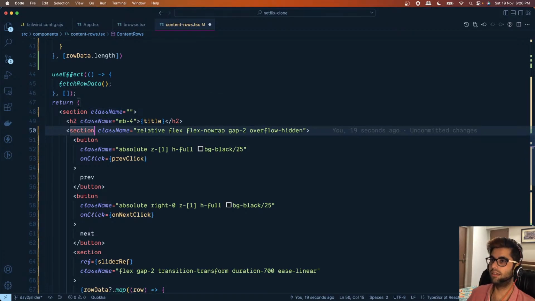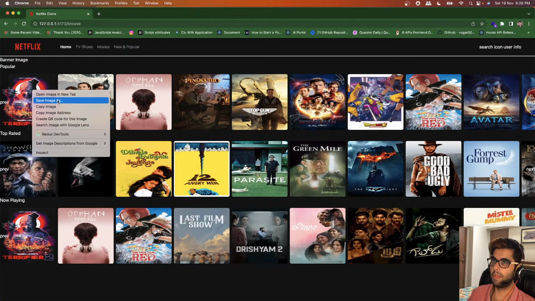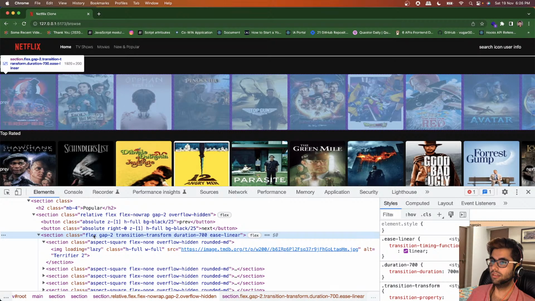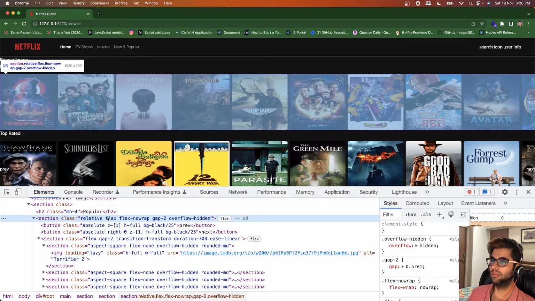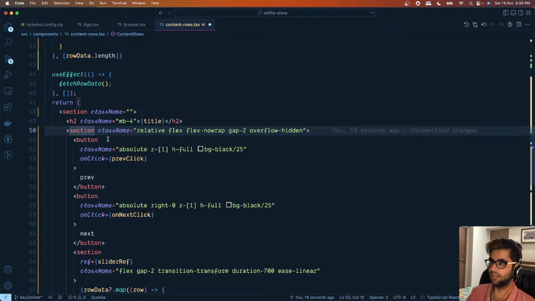So this is the container for all of these, right? Let's do a refresh. If we inspect this, so this is the container element which basically holds all of these. So let's determine what is the width for this, and then we know that all of these cards have a width of 200, right? So let's divide it by that to figure out how many cards are going to fit in this space. Okay,